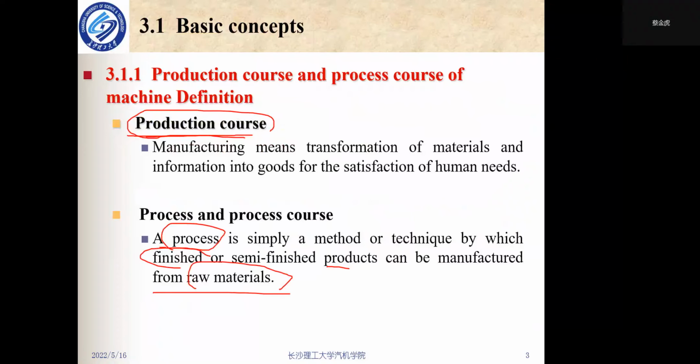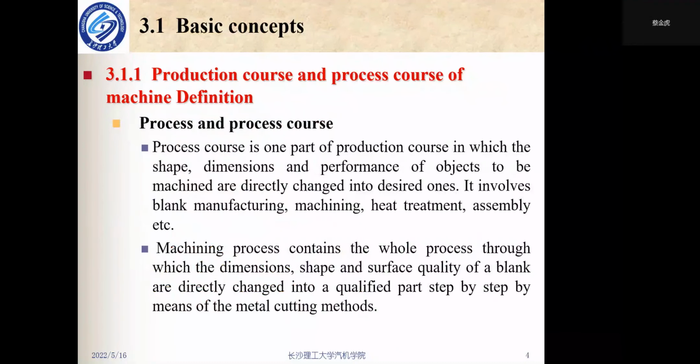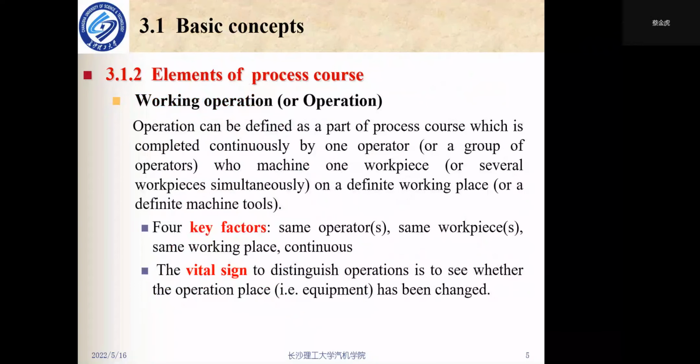We have learned the definition, some basic concepts, production cost, process and process cost, and the working operation. Working operation is very important in machining process,